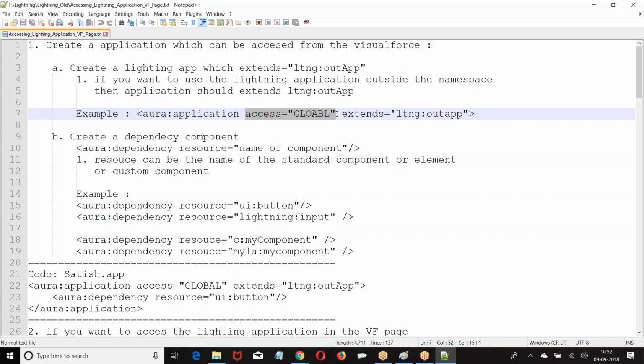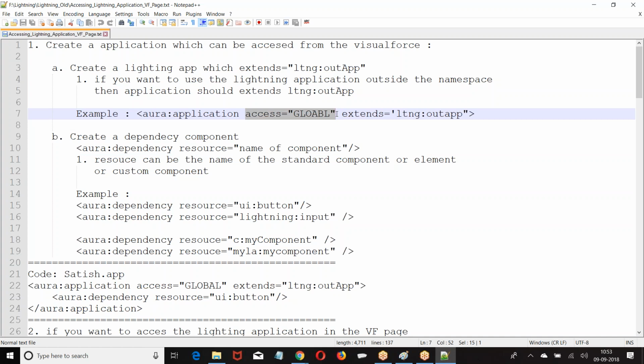Then we need to create a dependency component. When you call this application, within this application I want to create a component. Now, which component? Then we need to give a dependency component. Which component is going to be generated from the third party? Third party people want to generate a component in this application. We have an application, and in this application the third party wants to create a component. So there is a dependency. The resource which you want to create in the application should be defined as a lightning dependency resource.